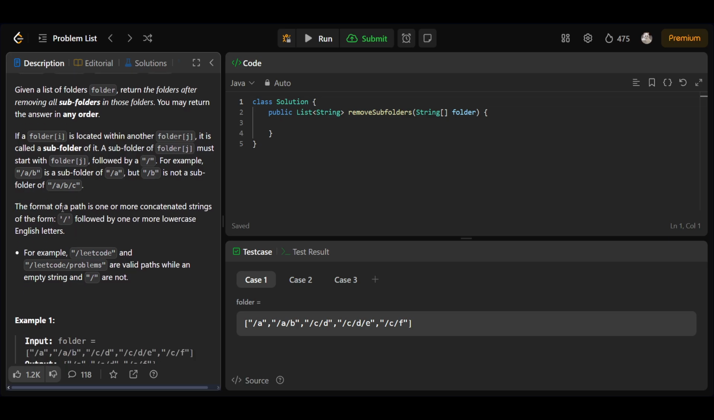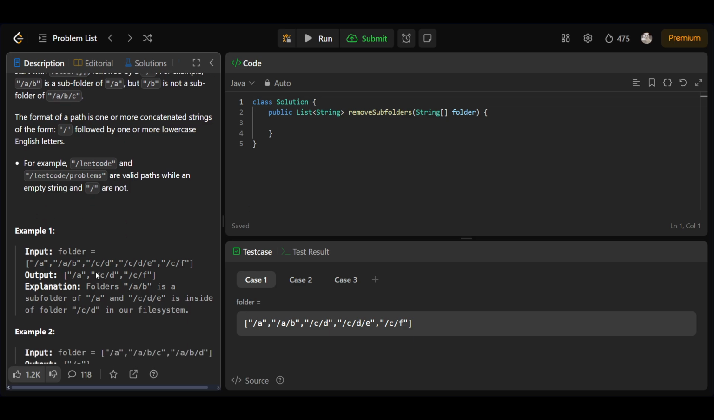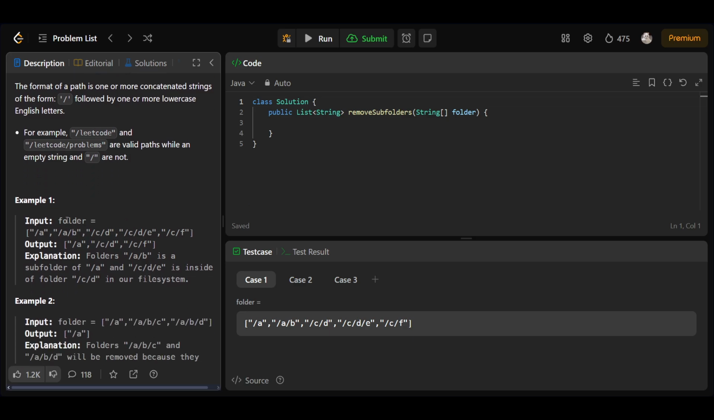The format of a path is one or more concatenated strings in the form of a slash followed by one or more lowercase English letters. For example, /leetcode/leetcode and /leetcode/problems are valid paths, while an empty string and only slashes are not. Okay, so for example, we are given the folder as /a, /a/b,